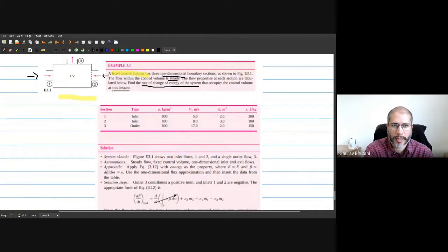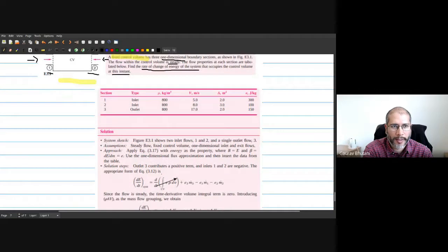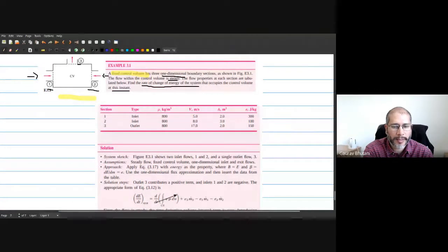Okay, so let's go over the solution, then I'll explain things. So what you have is one outlet, that is number 3, and two inlets, 1 and 2. So what we do is we write the Reynolds transport theorem in this case with capital B as the energy